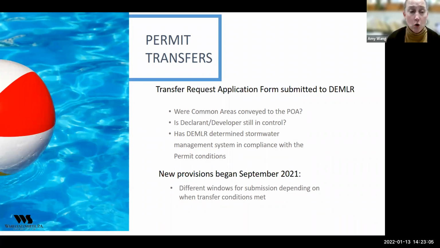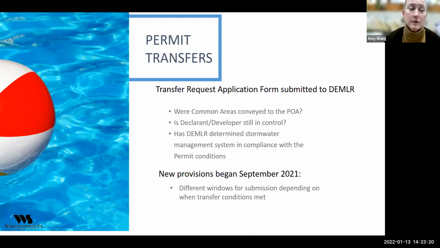Transfers can occur without the consent of the permittee or successor owner if the permittee was deceased, or it was a company that was dissolved, or the property was sold.